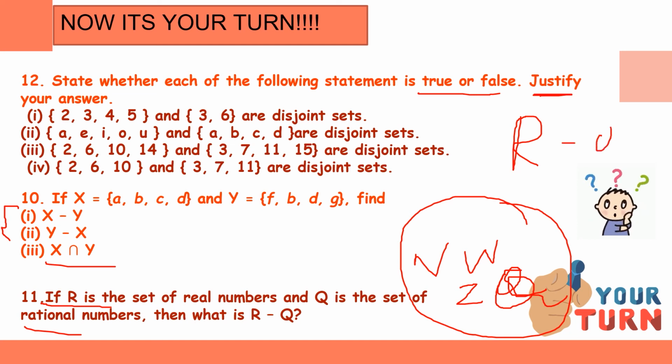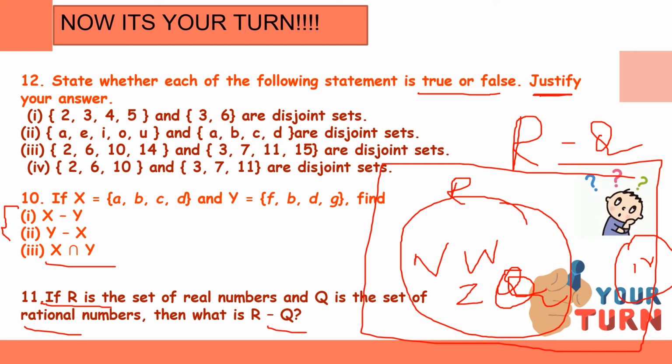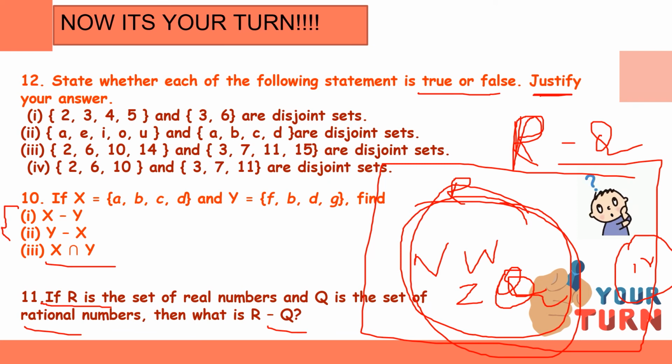I am subtracting that. What elements will come in real numbers? We have this circle as rational numbers, and we have another kind of number called irrational numbers. This whole combination is known as real numbers. So from the real numbers, if I subtract rational numbers, what will be the result? It is irrational. Almost I have given you the answer. Real number is a combination of rational and irrational numbers, right? So from real numbers, if I subtract rational numbers, my result is irrational numbers. So these two questions alone you will post in the mainstream.